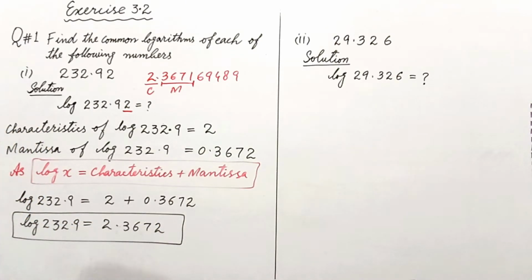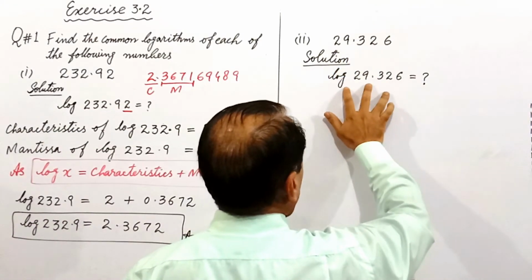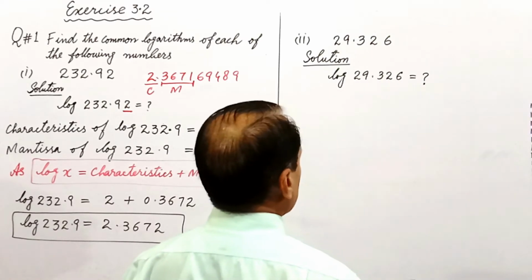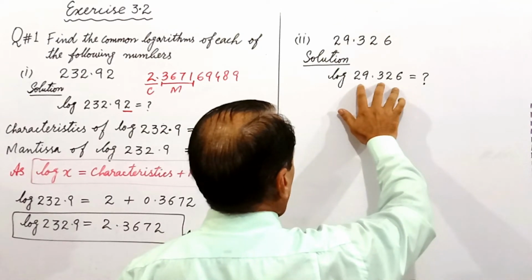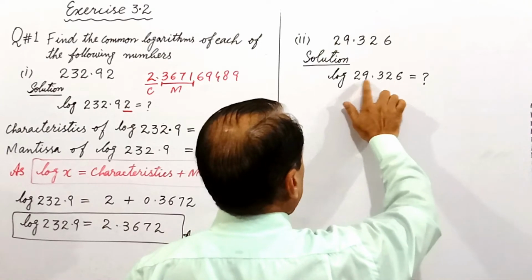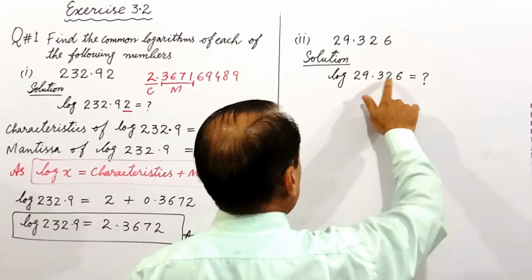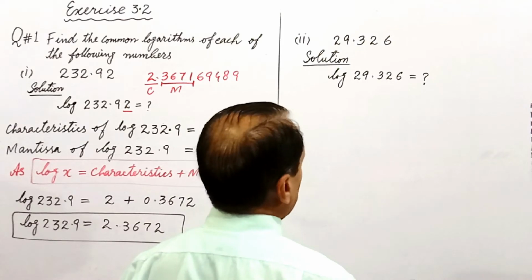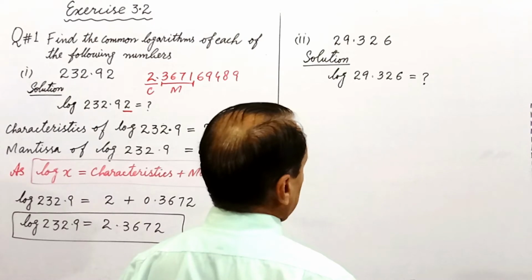So this is the simple way to use the scientific calculator and get the value of tables of logarithm. Now we move to part 2, in which we are given a number 29.326 whose logarithm is required. Again, the thing we do first is to restrict that number to 4 significant digits. By rounding, we get 29.33. As the fifth digit is more than half, 32 will become 33. And as we know the logarithm of any number is equal to the sum of characteristic and mantissa,